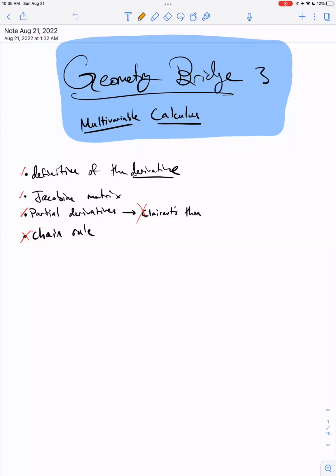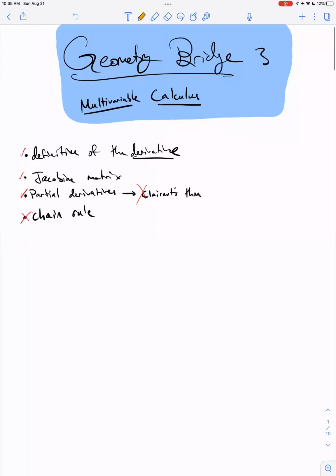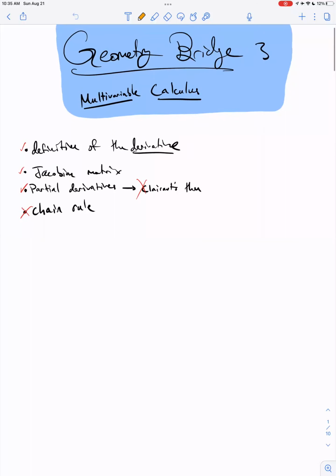So trying to think if, I don't know, have you guys had any multivariable calculus beyond just the first time you saw partial derivatives in the class and anything like that? Okay. So I don't know if people do this definition anywhere else, but the main reference for this is